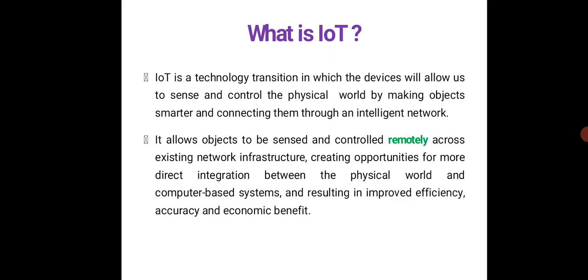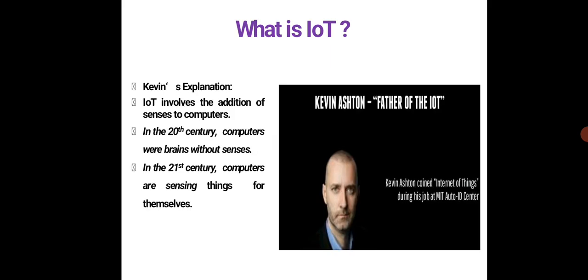It allows objects to be sensed and controlled remotely across existing network infrastructure, creating opportunities for more direct integration between the physical world and computer based systems, which results in improved efficiency, accuracy, and of course, economic benefit. So, what is IoT and who has framed this? Kevin Ashton is called the father of the IoT, and he has explained it as such